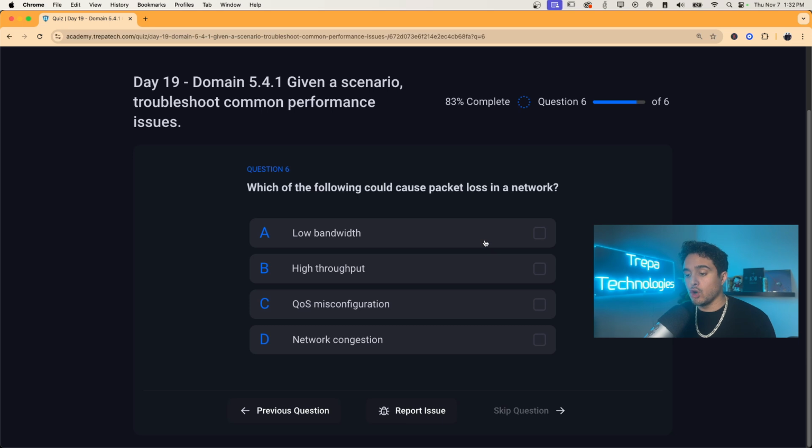Last question. Let's go. We're going to get that hundred. Which of the following could cause packet loss in a network? Packet loss. Let's see here. So again, low bandwidth. If we have low bandwidth getting overutilized, packets getting lost. If we have QoS misconfiguration, technically that could cause packet loss. But I think what this is trying to tell us here in the Network Plus exam is that, hey, network